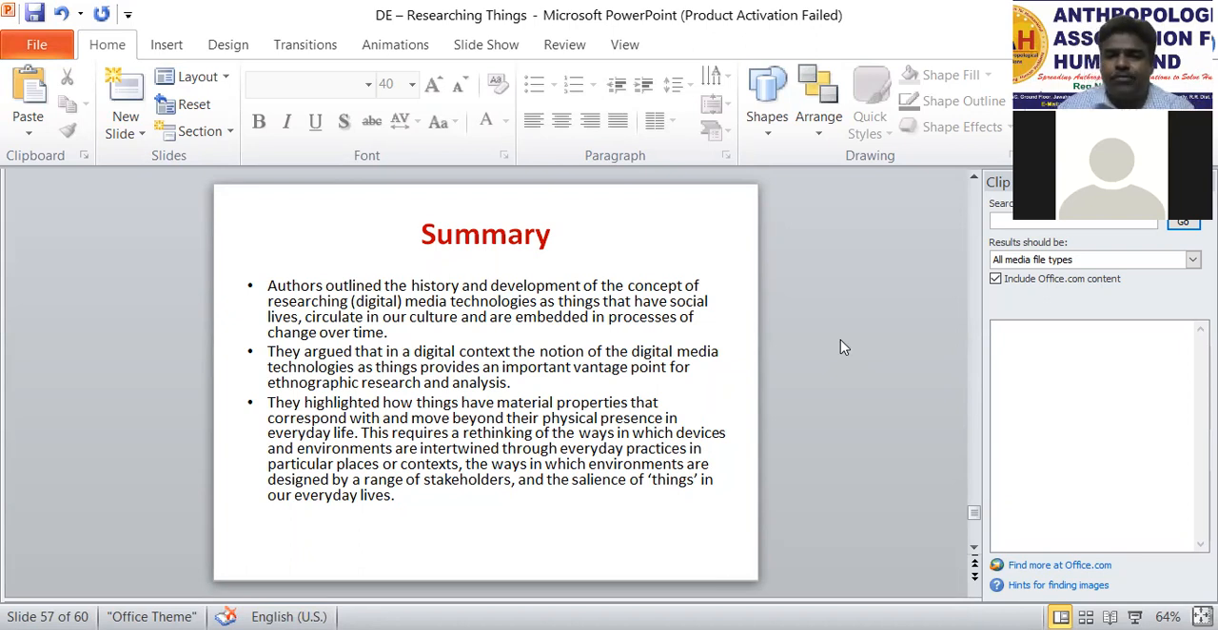They highlighted how things have material properties that correspond with and move beyond their physical presence in everyday life. This requires a rethinking of the ways in which devices and environments are intertwined through everyday practices in particular places or contexts, the ways in which environments are designed by a range of stakeholders, and the salience of things in